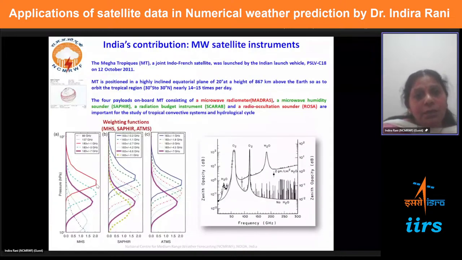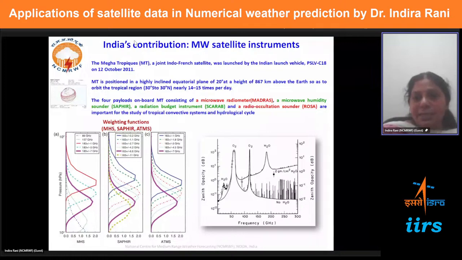So if we see the contribution from India, microwave satellite, mainly as I mentioned, the Megha-Tropiques was one of the majorly used Indian satellites by almost all the global operational NWP centers. It was a joint Indo-French satellite launched by the Indian PSLV C-38 on 12th October 2011, and as we were discussing the different types of orbits, this Megha-Tropiques was positioned in a highly inclined orbit, equatorial plane of 20 degrees